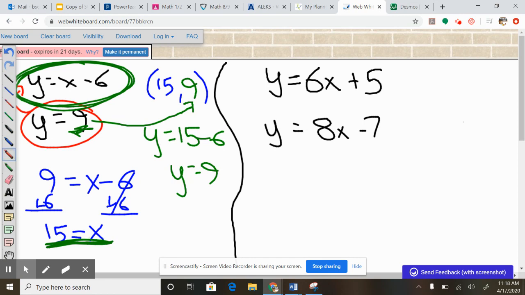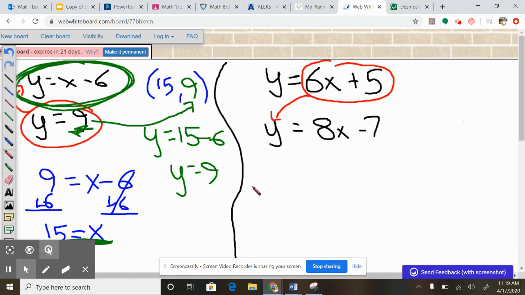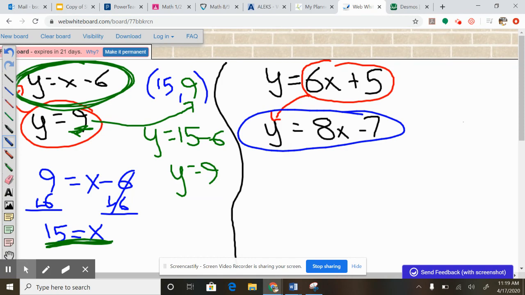So I look here at my top equation. My top equation tells me that y is equal to 6x plus 5. And if this y is equal to 6x plus 5, then so must this y. The y's represent the same thing, so I can go in and substitute right there. So once I substitute the 6x plus 5 in for that y, I can rewrite that bottom equation. It's not going to be y equals 8x minus 7 anymore. I'm replacing that y. So now, once I rewrite this, it's going to be 6x plus 5